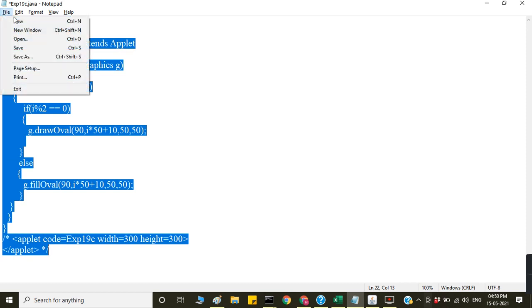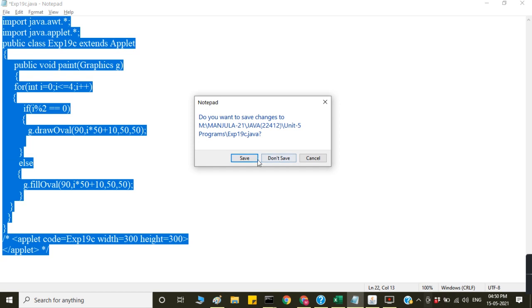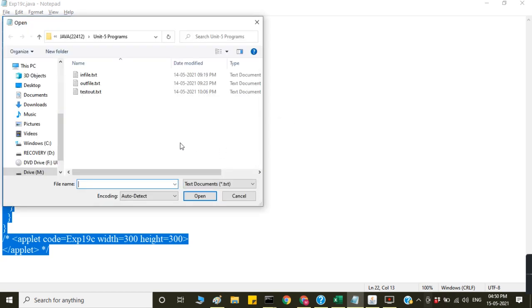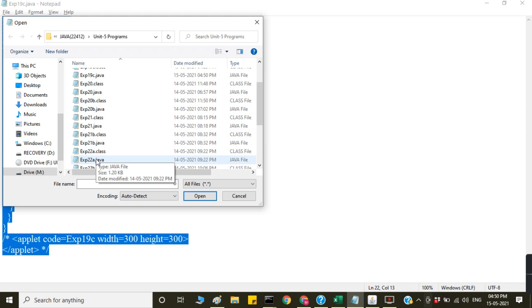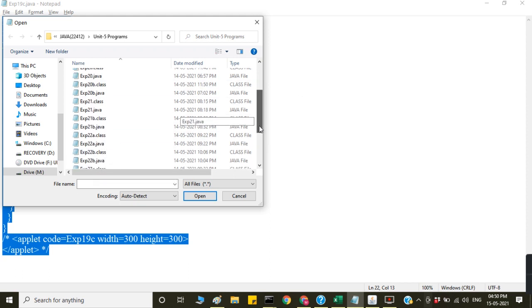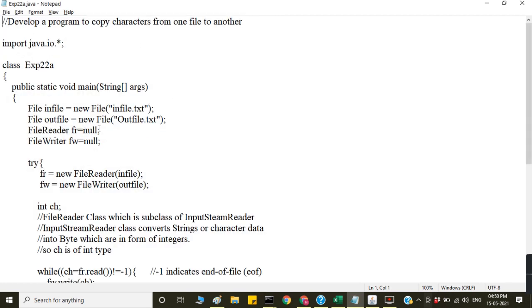Open, click on open, save, all files, 22. In this, in file and out file, first you have to create the in file and out file.